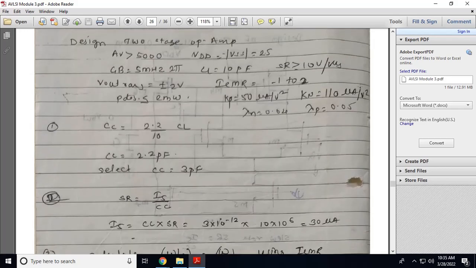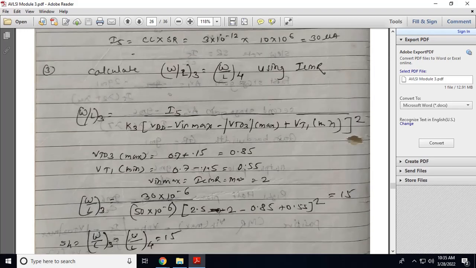V in max is 2 volt, that is ICMR. Vt max is 0.7 plus 0.15, that is 0.85. Vt minimum is 0.7 minus 0.15, that is 0.55,